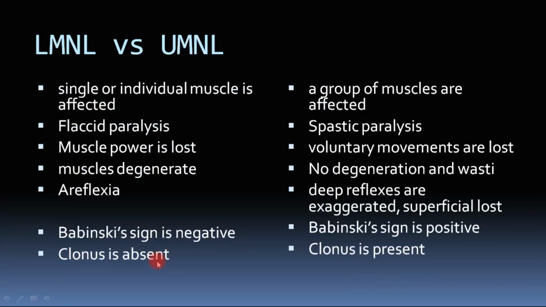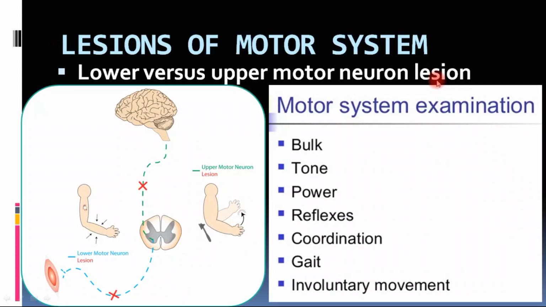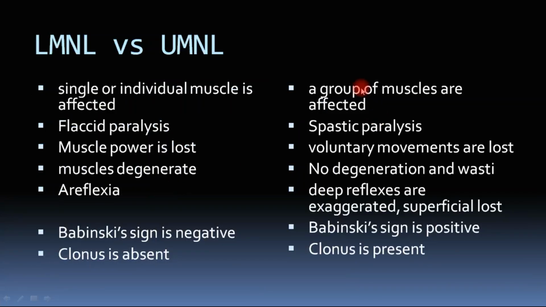But in case of upper motor neuron lesion, a group of muscles is affected. Why? Because if the descending tract is injured, it is highly likely that a group of tracts will be injured, like let us say the lateral corticospinal tract. And if the lateral corticospinal tract is affected at any level, it synapses at various levels of the spinal cord, thus supplying various muscles, and that is why a group of muscles will be affected in upper motor neuron lesions, because they involve a thick tract of descending neurons.